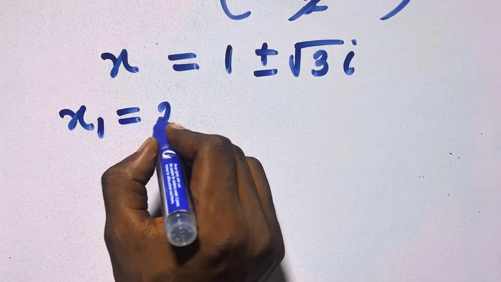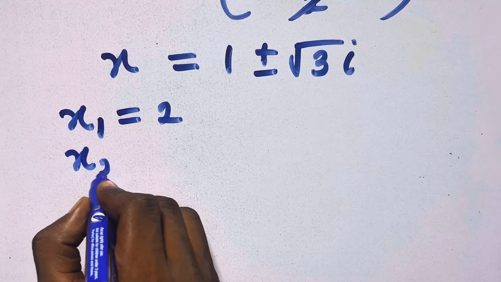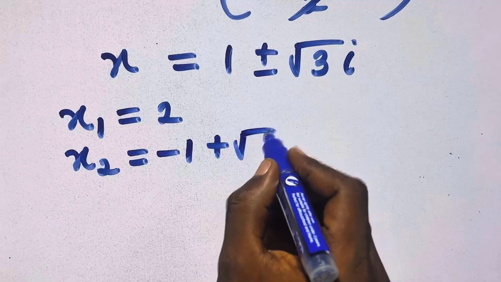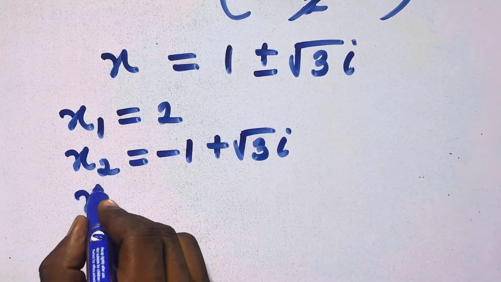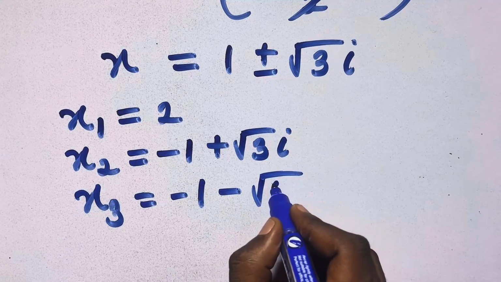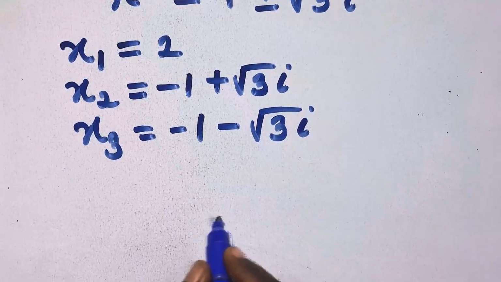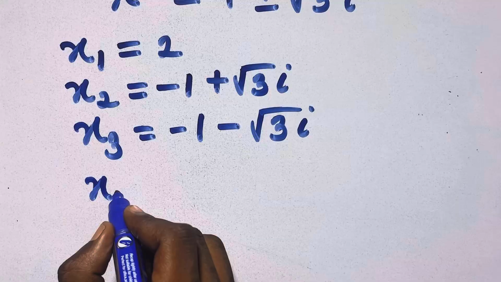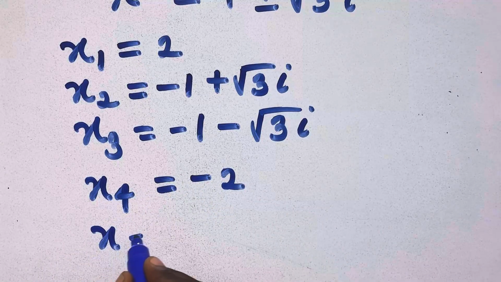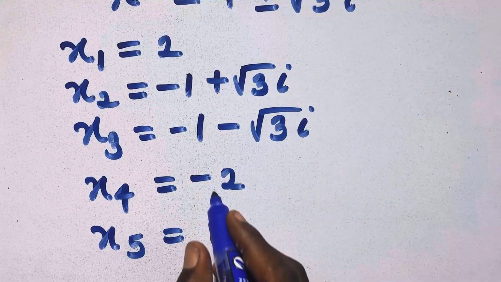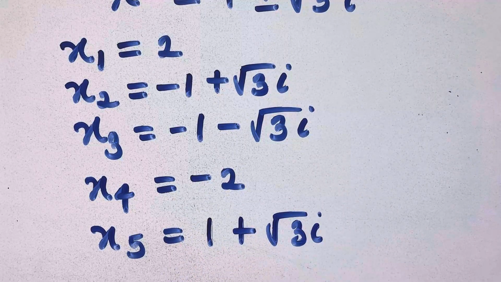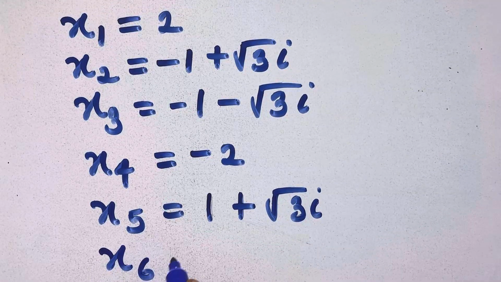So finally, let's list out all the solutions we have. Our x2 will be minus 1 plus square root of 3i. Our x3 will be minus 1 minus square root of 3i. And our x4 will be minus 2. Our x5 will be the solution we just got,